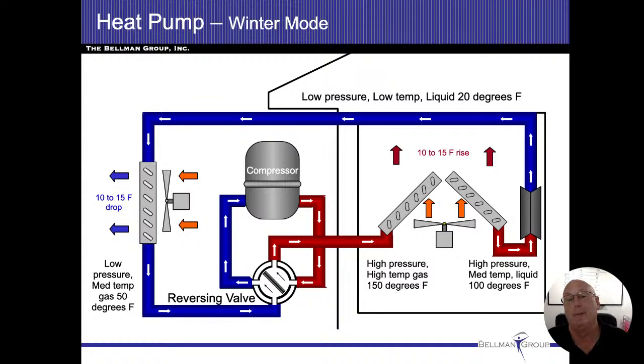And then that one device there is the only thing we added. It's called a reversing valve. And that reversing valve is going to be where we send our refrigerant, so it goes to a different direction. In this case, we come out of the compressor, and now we're going high temperature, high pressure, gas, and we're going to send that to the indoor coil. All right. So now I'm going to have hot gas refrigerant going to the indoor coil, and since it's going to be cooler inside,